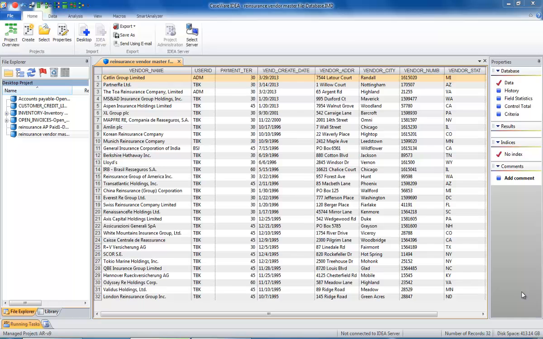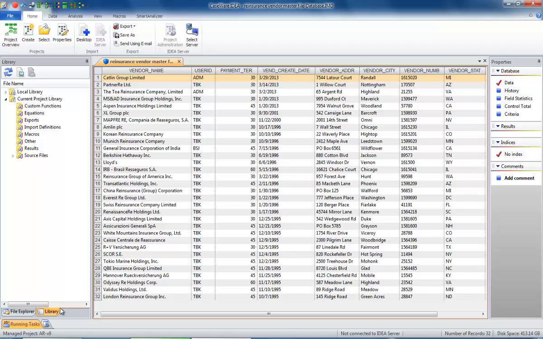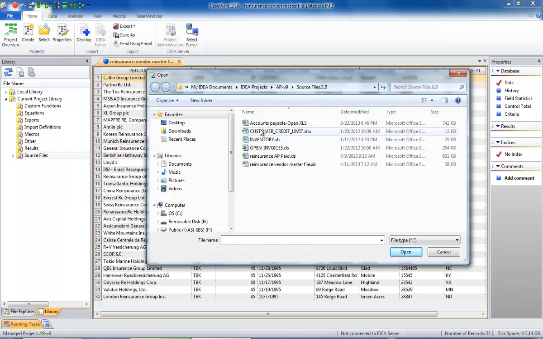Looking at the IDEA desktop, you will notice that IDEA has a Manage Project focus. One of the first things to learn is how to add client source files. You'll notice there is a folder on the library view that's called Source Files. As you hover over it, right-click and it brings up the dialog box to Add File. Click on Add File and navigate to where you placed your client files. Select the ones you want and pull them over into your library. I've already added the files for this demonstration, so I'm just going to cancel out of here without adding any